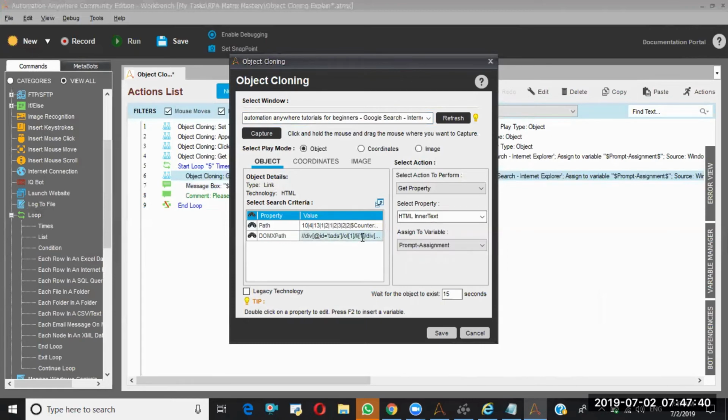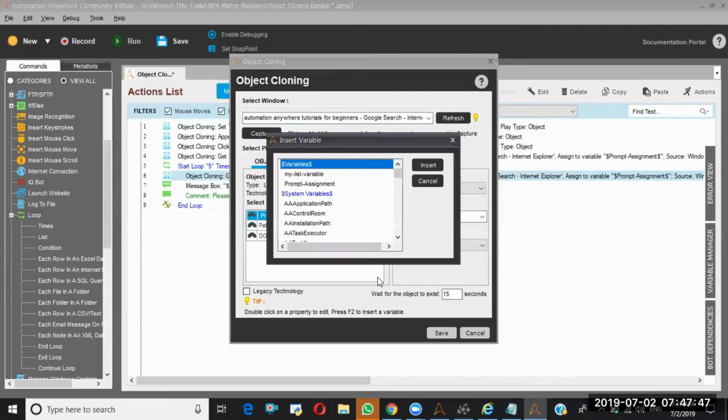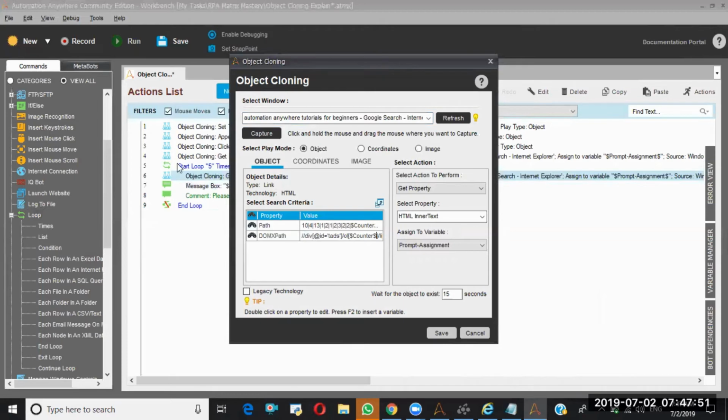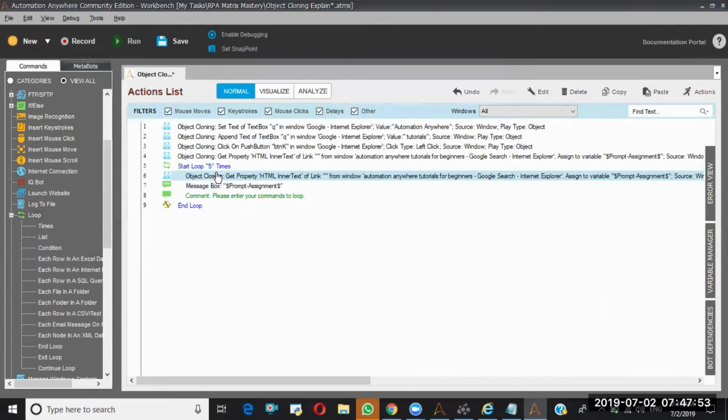So in the list as well, in this li element as well, I am removing this one and I am giving the counter. Save this. Now let me run.